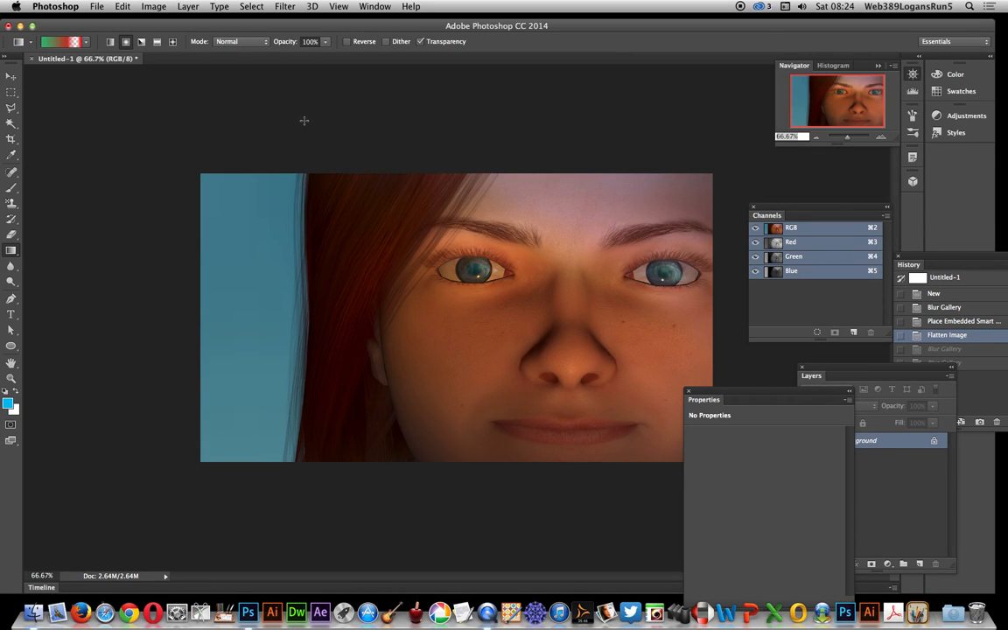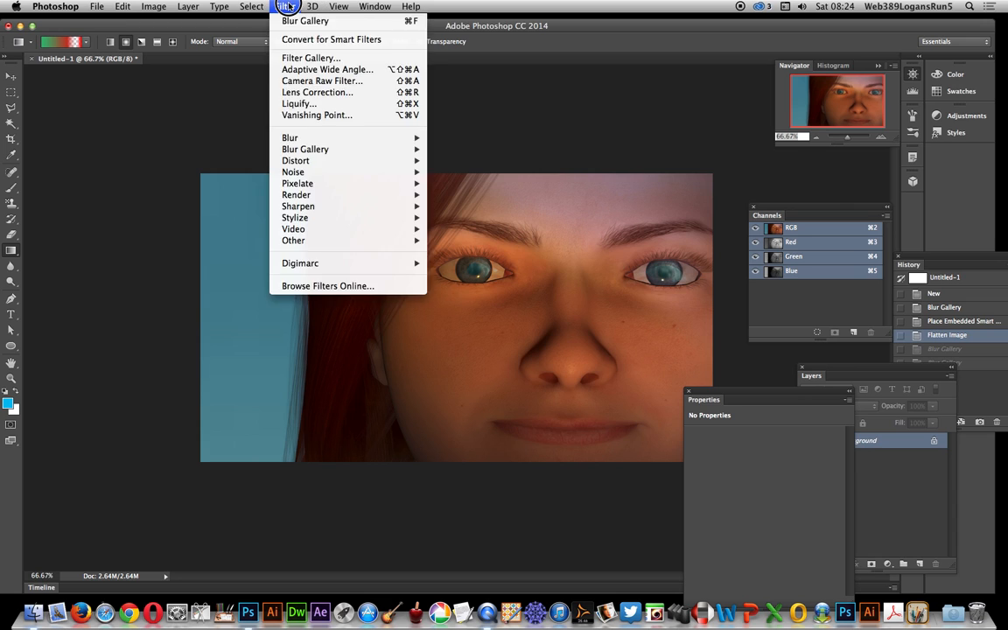Extras. In this video I'm going to show you how you can create a sort of smeary blurry effect using the path blur feature. It's a new feature of Photoshop CC 2014 in the blur gallery. Okay, first thing to do, just go to filter and blur gallery,